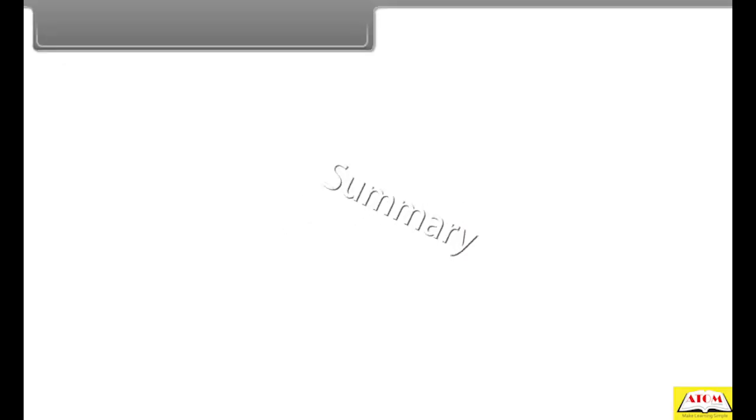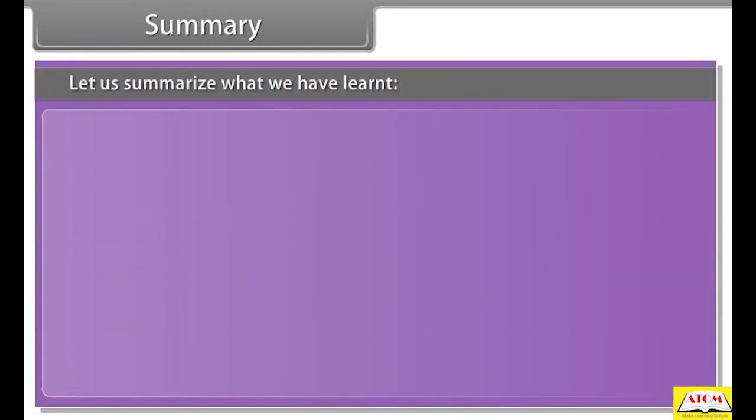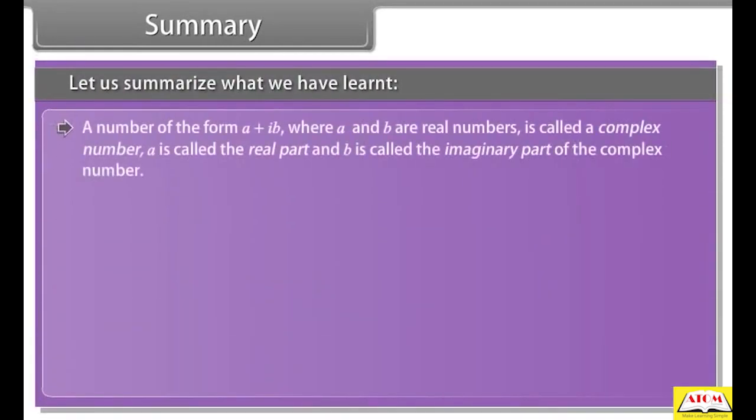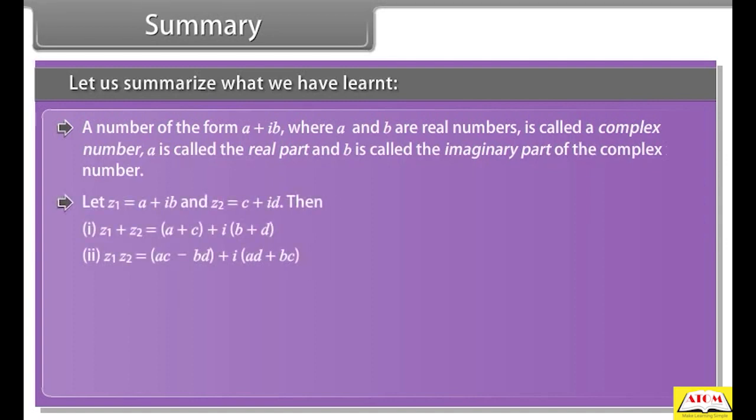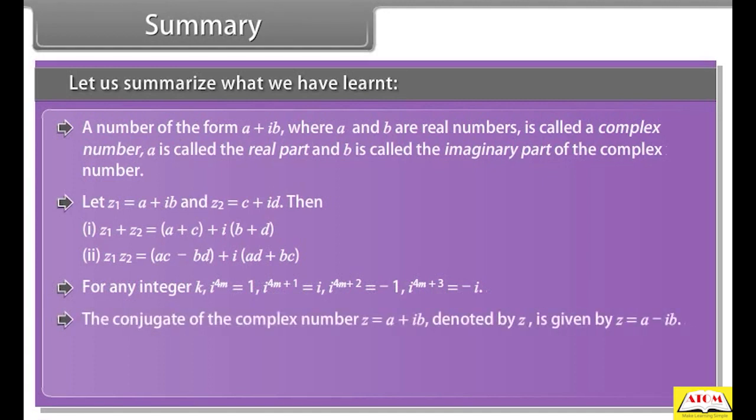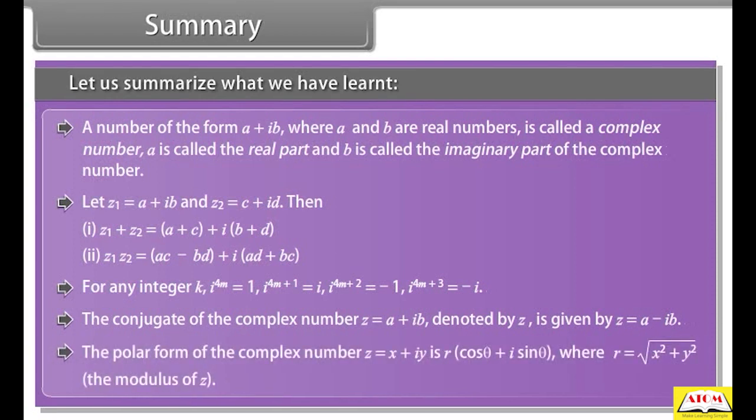Summary. Let us summarize what we have learned. A number of the form where a and b are real numbers is called a complex number. A is called real part and b is called the imaginary part of the complex number. Let and then, for any integer k, the conjugate of the complex number denoted by z is given by the polar form of the complex number is where